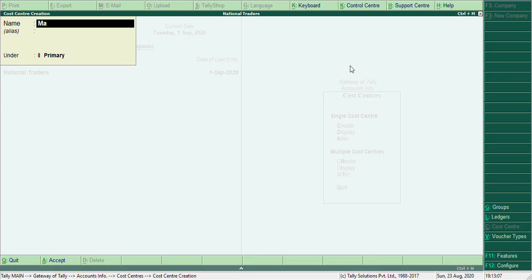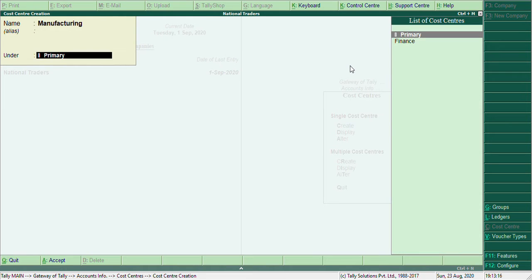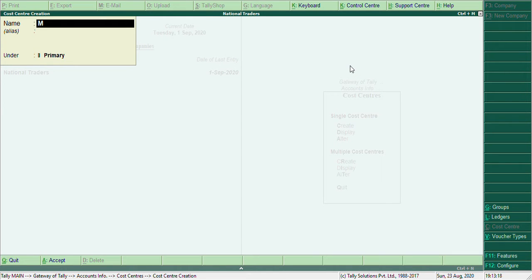Same way, manufacturing. So here you are creating departmental wise cost centers. The primary, then marketing. Same way, you can create a cost center under a cost center for different individuals also under the departments.